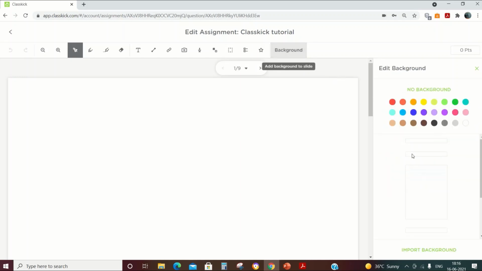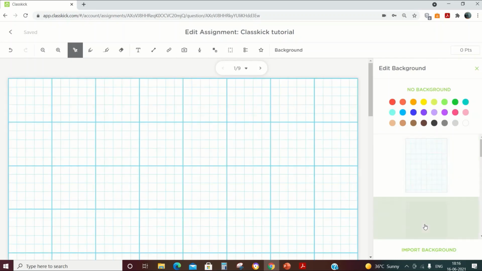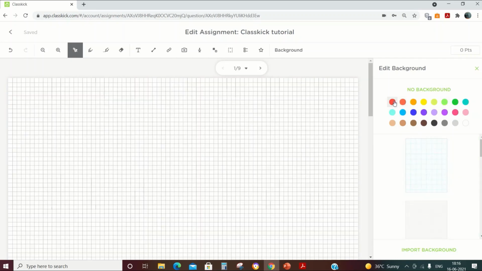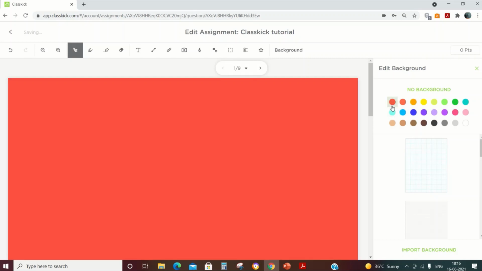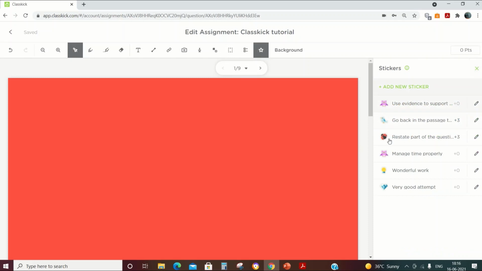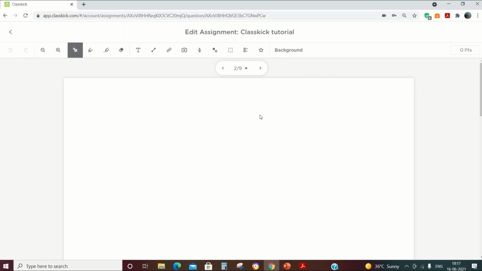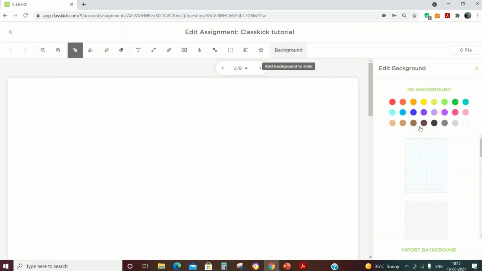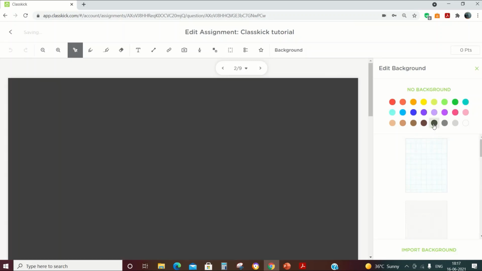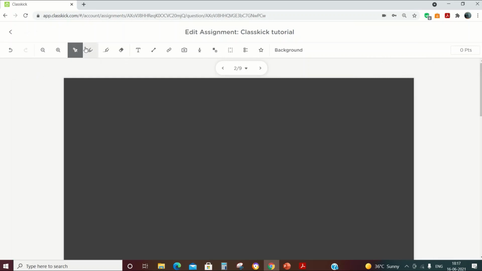Another option is we can choose the backgrounds. Just choose the background. Once you choose the background, here you will be able to see the background of the slide like this. So individually for each slide you will be able to change it. So I just keep this color here. Then I can move to the next slide like this. However many pages the teacher has added, the child will be able to upload their work on that. So here again we can add the background as required. Even if you want to use it as a blackboard, you can use it as a blackboard, but make sure you are choosing a white pen if you are using a blackboard.